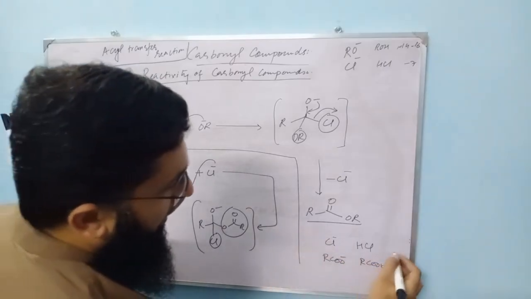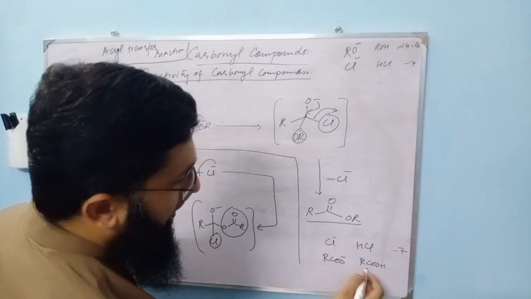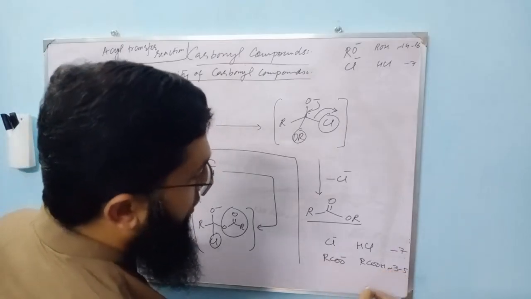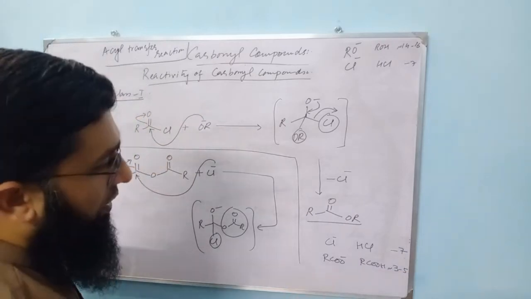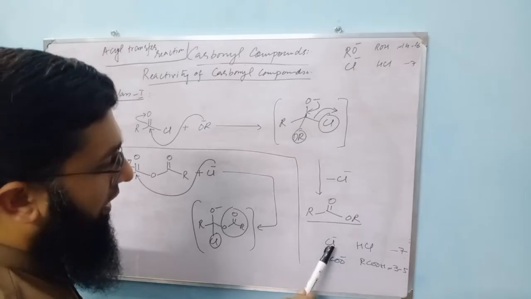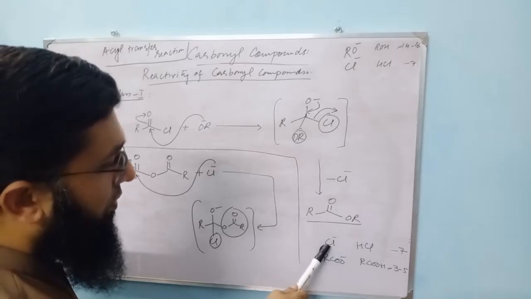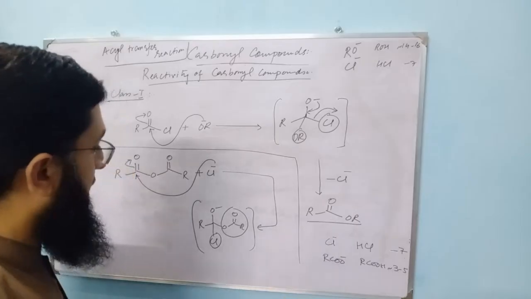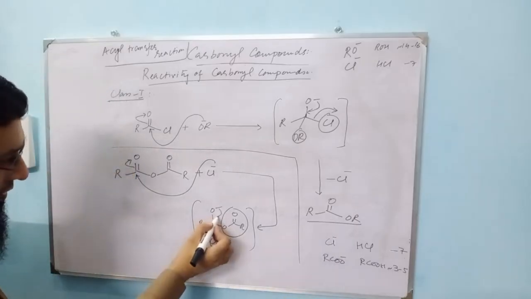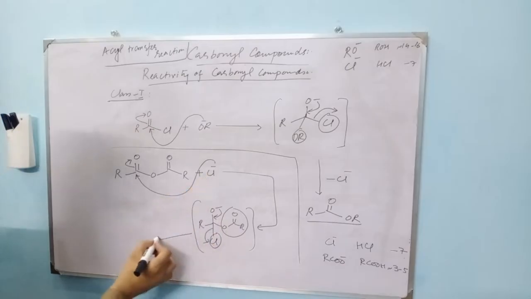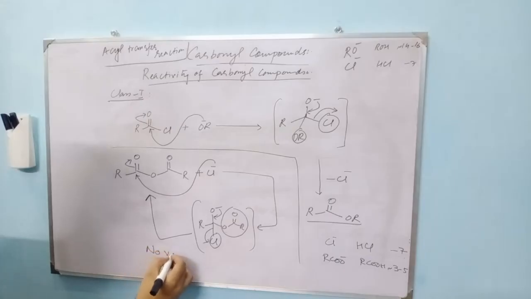And HCl has pK value -7 and carboxylic acids have pK 3 to 5 or 4 to 6 as reported in different books. So because HCl is a stronger acid, it would produce a weaker conjugate base, chloride, and the carboxylate base would be stronger than chloride. So as a result, this will come back and chloride would be eliminated and we will get the starting material. So it means no reaction.